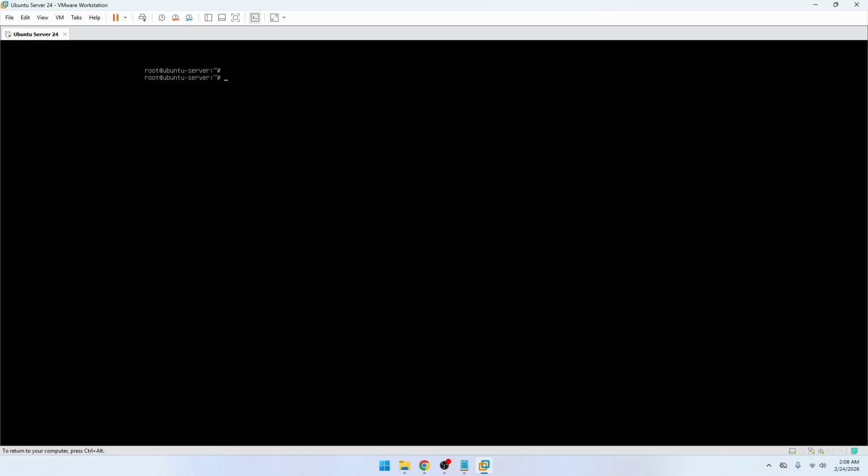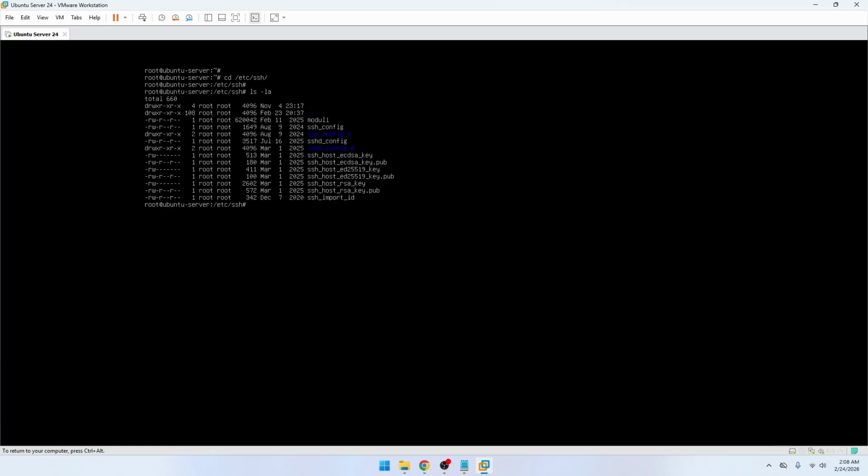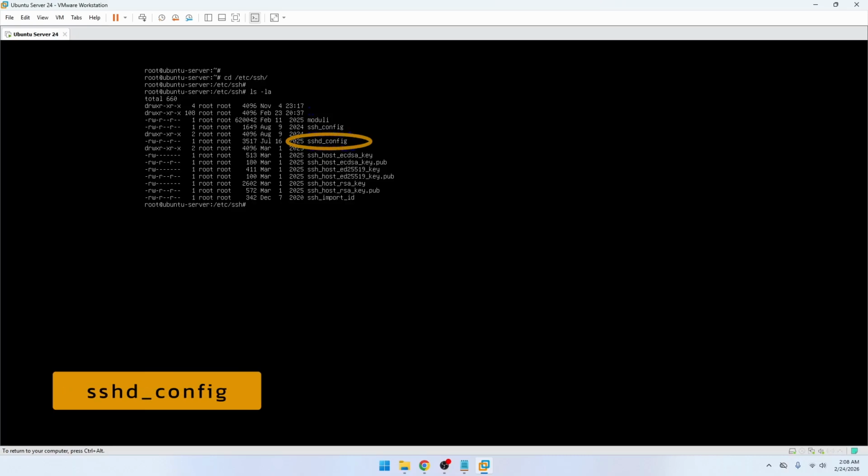But we still can't SSH into this one because of the SSH configuration, so we have to configure that as well. So we will cd into the /etc/ssh directory, and here you will find a file called sshd_config, and we have to edit this file, and make sure to edit this one, not this one. ssh_config is for the client, and for the server we need to edit sshd_config. So we will edit that file now,